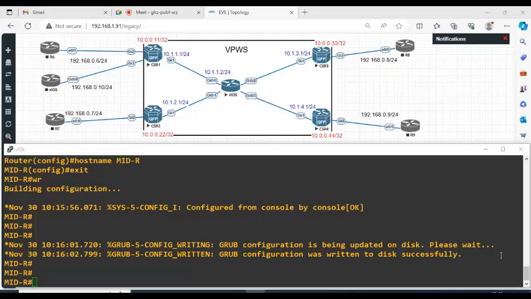The VPWS and VPLS. In layer 2 VPN services, the service provider simulates a point-to-point layer 2 connection, which we call VPWS, or a point-to-multipoint or multi-access layer 2 connection for the customer, which we call VPLS. VPWS is point-to-point, VPLS is point-to-multipoint. So if the service provider provides VPWS for the customer,